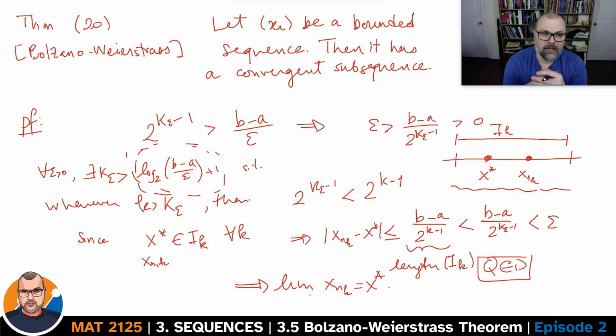And I think this is a good place for you to stop and consider your understanding of this proof. Do you see how all the pieces fit together? Do you see how they were necessary to start with? Do you see where the hypotheses come into play? Like, there was just one hypothesis to this theorem, that your sequence was bounded. Where does that come into play? It comes into play at the very start when we say that all the values of x_n lie within the interval A1, B1. But that's the only place that it came into.